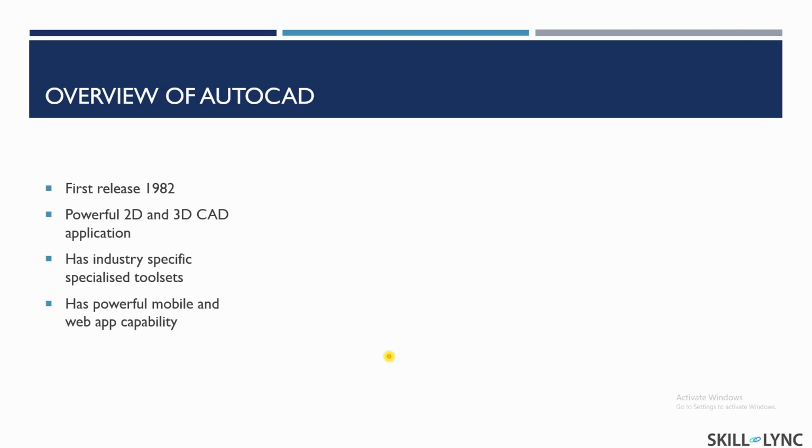It also has very powerful mobile and web app capability. AutoCAD has now migrated most of its work to the cloud, so that you can work seamlessly anywhere. No more are you constrained to your desktop or your PC. You can view the models on your mobile, collaborate effectively, and transfer them. You need not store them on a local PC; you can upload them to the cloud and design on the move. So it's a very powerful capability from AutoCAD.